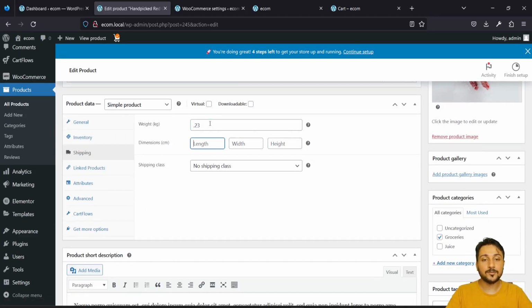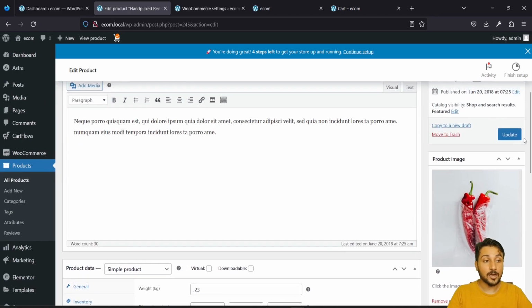This is something that, if you're collaborating with any shipping provider, then this would be important, right? So I'm just writing random values like that. Now over here, you have the shipping class, it's showing over here. So if I put it under 1 kg and update this,